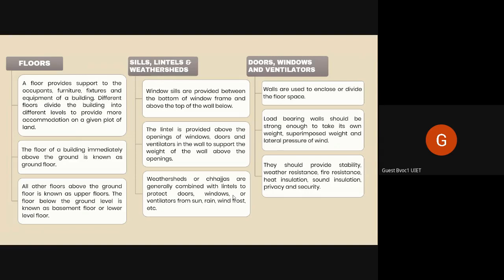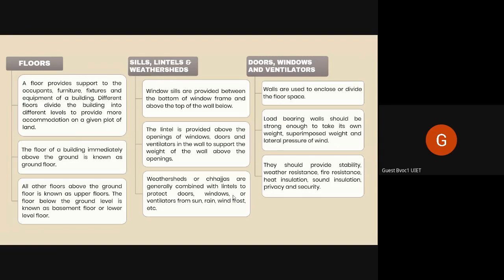So, for example, if you have 200 square feet of land and you have no higher floors, you just have a ground floor, so you will only be able to accommodate a decent living room, a tiny dining space, a small kitchen, one bedroom, and one courtyard, and one toilet and bathroom. Decently, if you're not smooshing everything together. But if we want to have more people, more bedrooms, more living area, maybe a family room, maybe an entertainment room, so what we can do is, if we cannot move outside of that plot, we can go up.